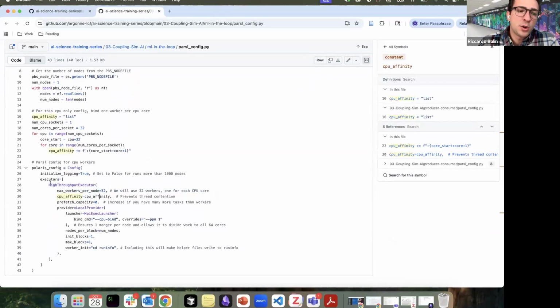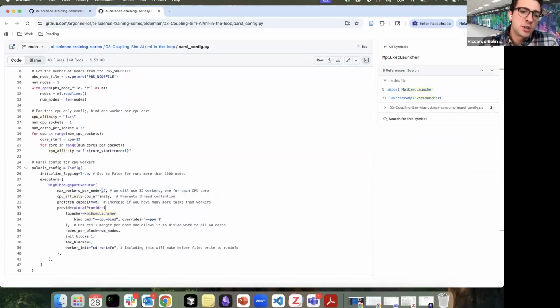The details are not necessarily important of the specific executor or how the worker processes are being launched. But because for this example, we're just using the CPUs on Polaris, perhaps the main thing to know here is that we're limiting the number of concurrent